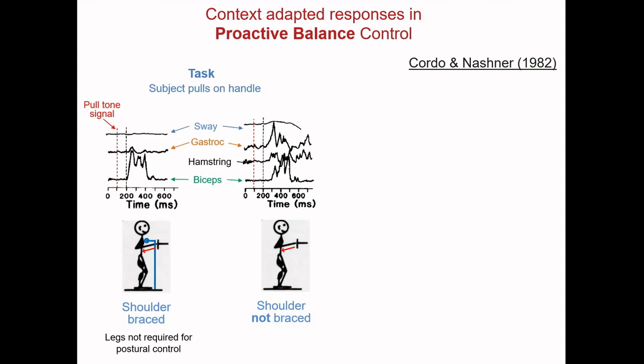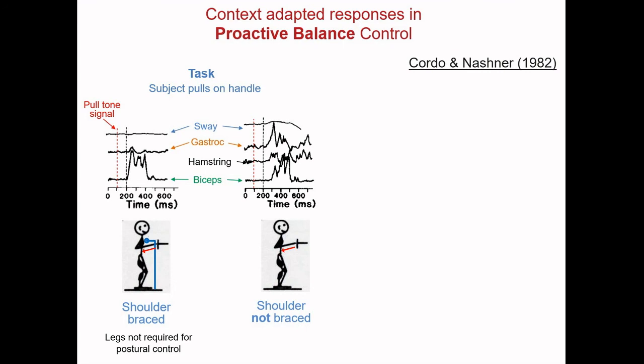Now let's look at the same task in the context of proactive balance. In this variant of the experiment, the participant is given the task of pulling on the handle after they hear a tone. Here the subject is organizing a voluntary movement. This time we have the shoulder-braced condition on the left. Following the auditory tone